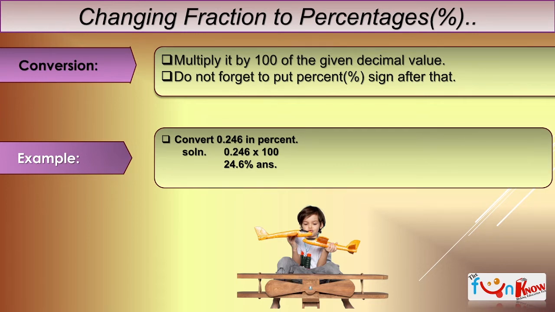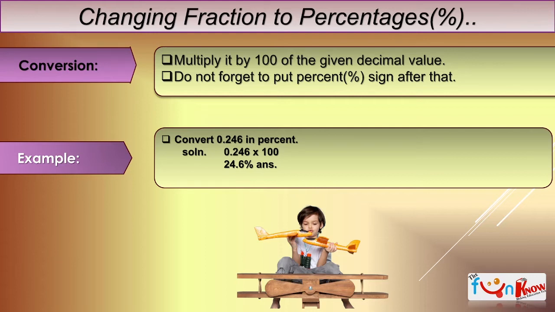Now students, let us understand changing decimal to percentage, the conversion, how you are going to convert that. Multiply the given decimal value by 100 and do not forget to put a percentage sign. That means students, a decimal value will be given to you and you have to convert that decimal value to the percentage. As you can see in the example, students, the decimal value here is given as